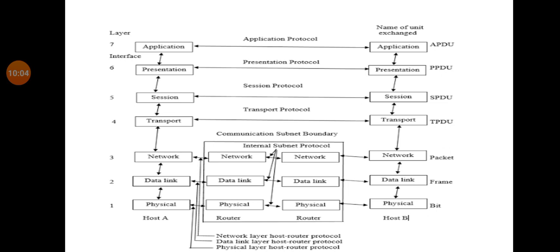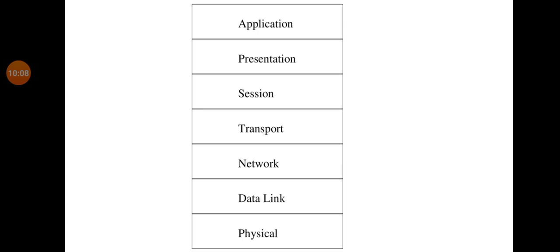Okay, now come to the fourth layer, that is the transport layer. So what are the functions of the transport layer? Let's see. The first function is that it decides whether the data transmission should take place on a parallel path or a single path. Means it will decide the transmission setup, whether the data is to be transmitted in parallel at a time or in a single way at a time.